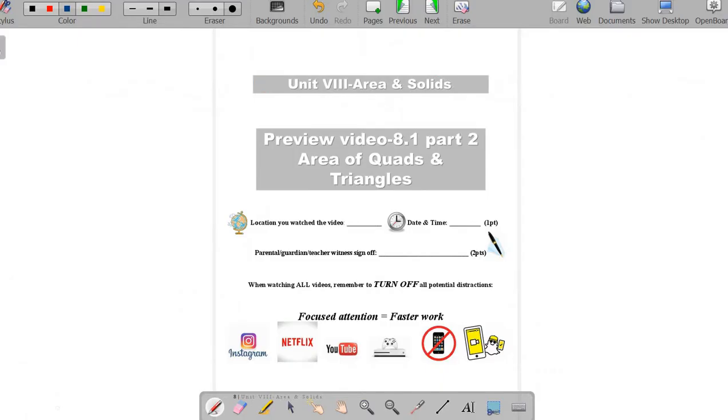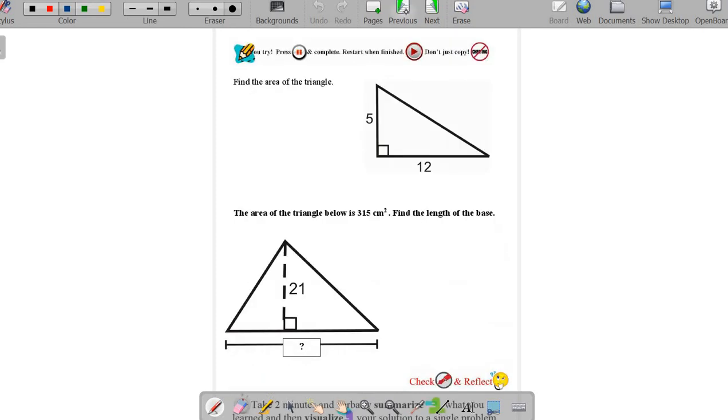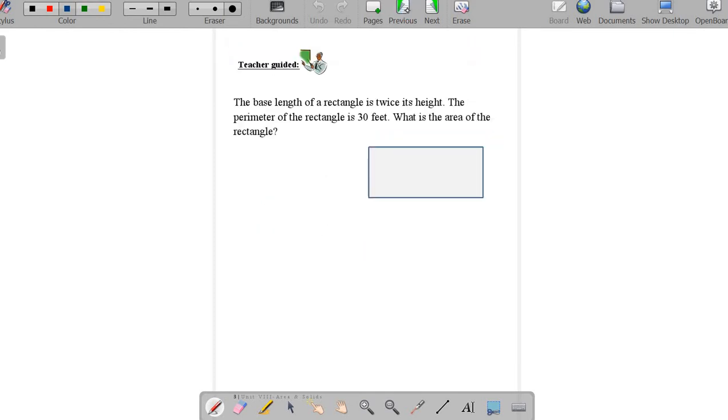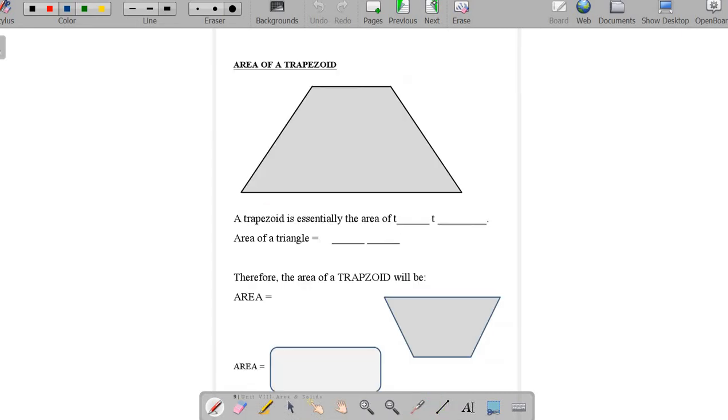Taking a look here, don't forget the date, time, and location. We're continuing to talk about area of triangles and quadrilaterals. The last lesson in class, we talked about triangles and rectangles. So here in a trapezoid, if I go like this, a trapezoid is essentially the area of two